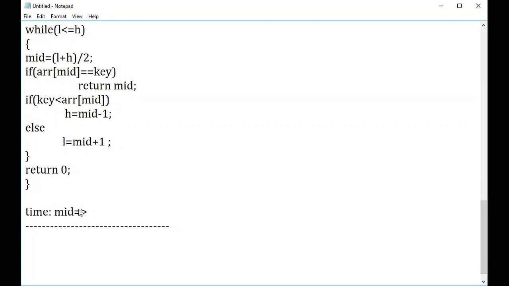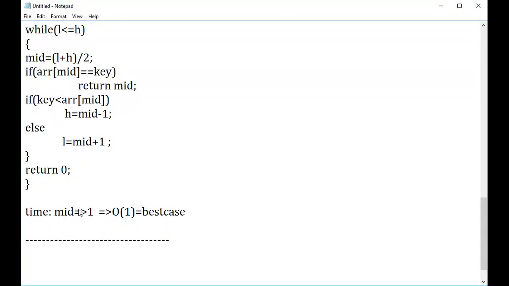Only one comparison, right? At the first comparison we can find whether the particular element is there or not. So what could be your time complexity for the best case? That is nothing but order of 1. This is the best case scenario.